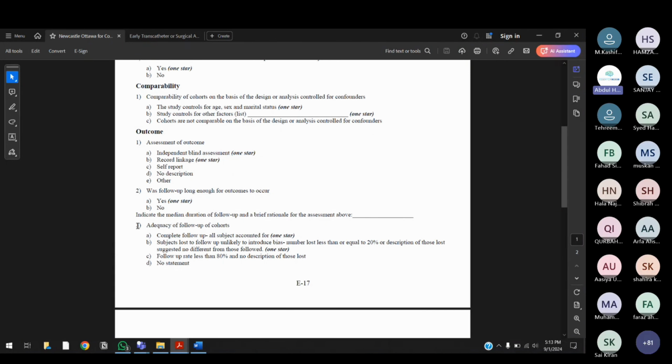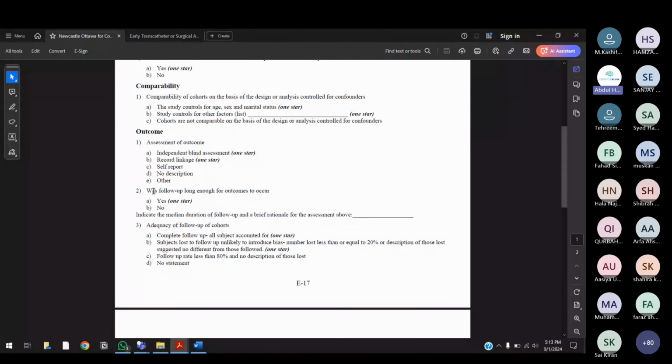And then in question number 3 of outcome we are going to select D. Okay? So that means 0 stars. Someone, you cannot select all 3. You need to select only 2 options. Okay? Because a maximum of 2 stars can be given. So in question number 3 of outcome we are selecting D. That means we are only getting 2 stars in outcome. Now our total stars after selection and comparability were 5. If we add 2 stars from outcome, that is a total of 7 stars. Okay? So as I said, we conduct quality assessment for each study individually.